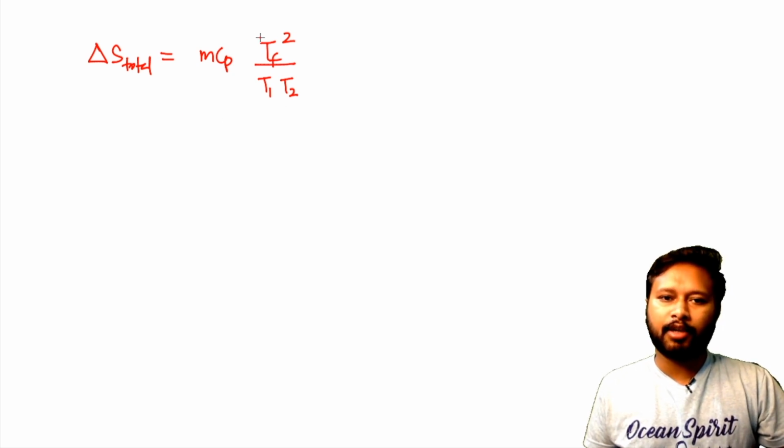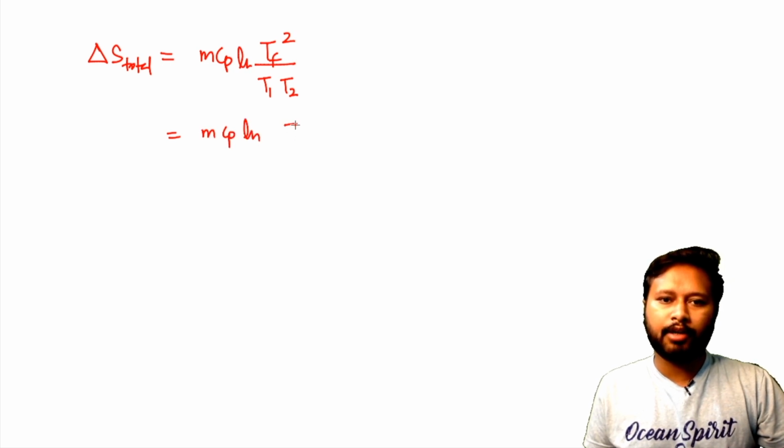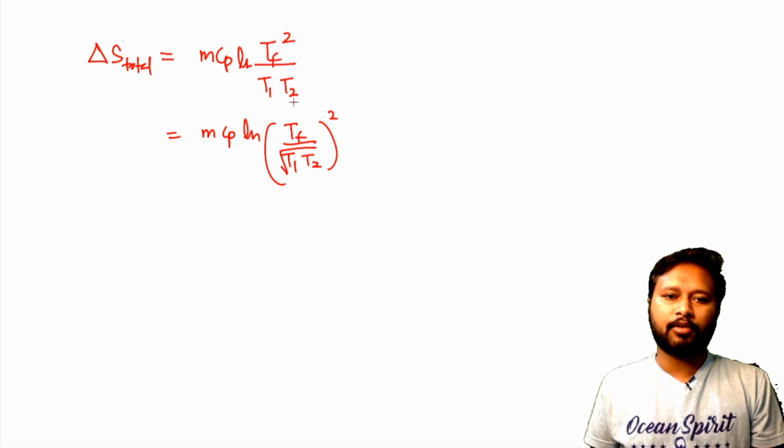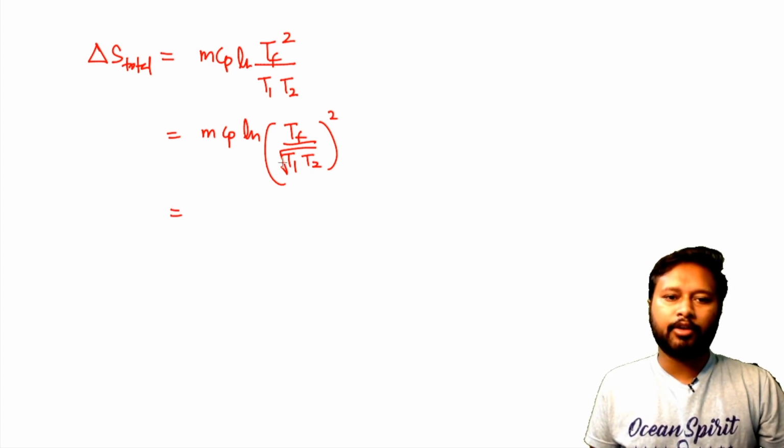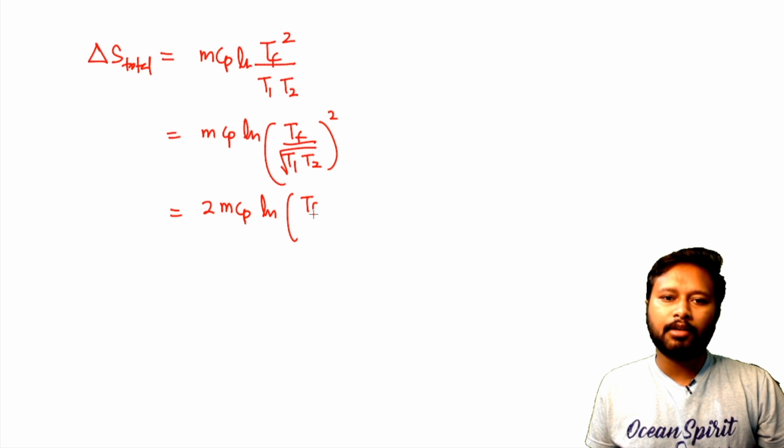What you can do is you can write it down as this. You have ln as well, so you have mCp ln, and you can write it down as Tf upon T1 T2 under root and whole square of this, right? This is also you can write down, because on squaring you will get the same thing here. Now you can take this 2 outside. You can write it down as 2 mCp and ln Tf by T1 T2 under root,